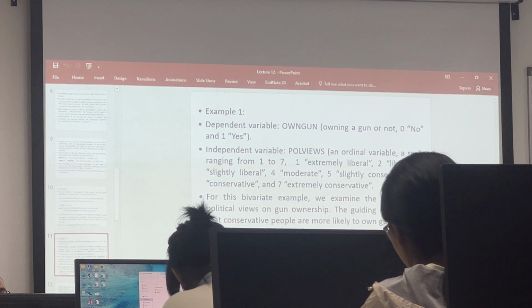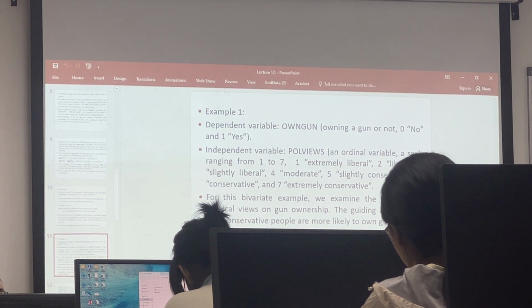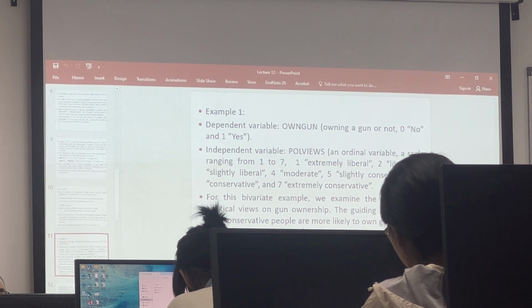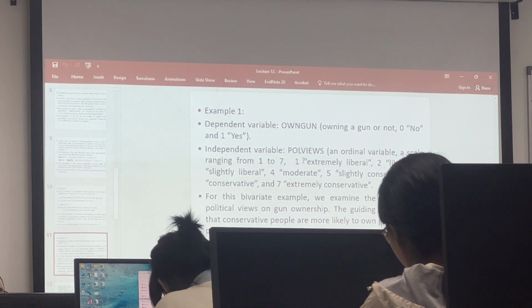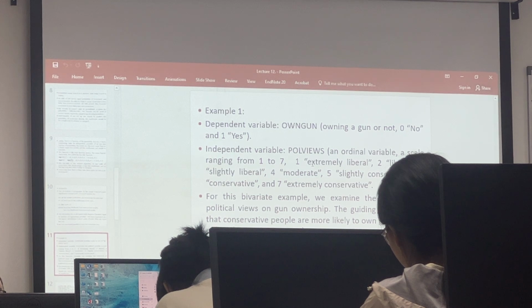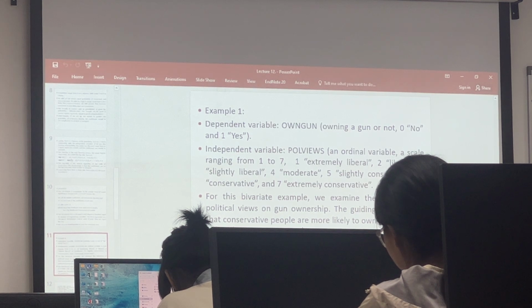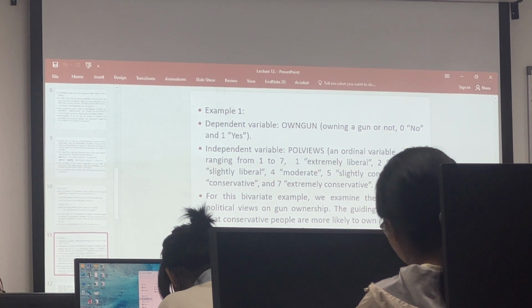So basically, let's say you get data from survey data, asking the respondent whether they own a gun or not, and then we also ask their political views. Then we create a variable called political views. This is an ordinal variable, a scale ranging from 1 to 7, where 1 represents extremely liberal, 2 liberal, 3 slightly liberal, 4 moderate, 5 slightly conservative, 6 conservative,